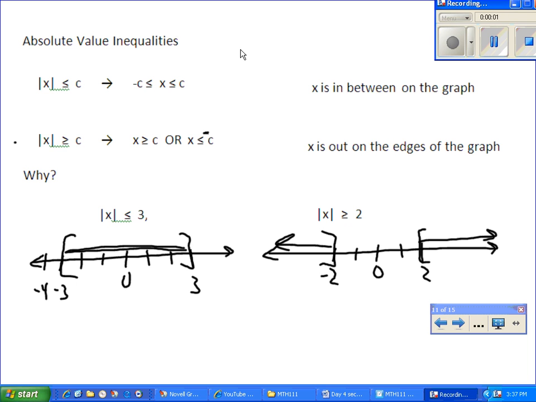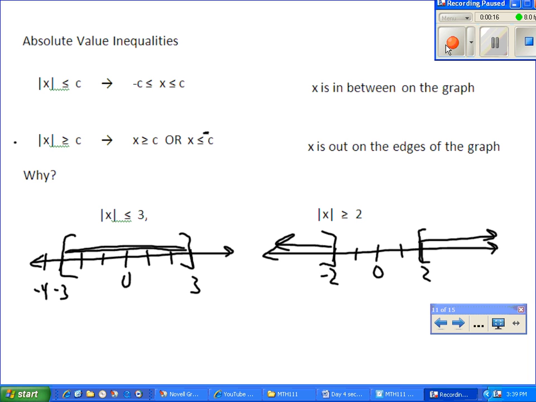Okay, now we're going to look at absolute value inequalities. And these are going to seem a little strange at first. Once you get through the first step, they're pretty straightforward to solve, but make sure you get the first step down right. So the definition here is you have the absolute value of a variable is less than or equal